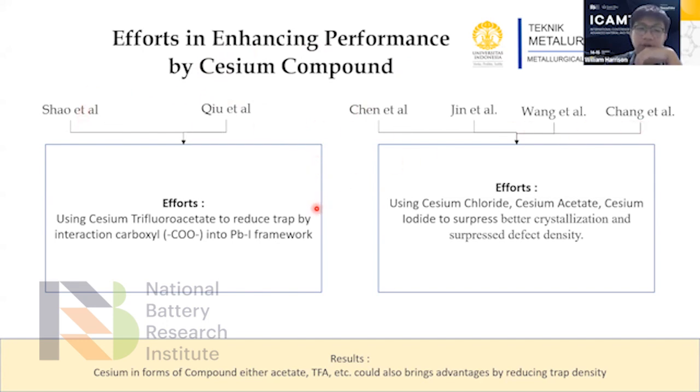The first one tried to use cesium trifluoroacetate to reduce traps by interacting the carboxyl with the PbI framework. So this is the function of the trifluoroacetate ions, basically to interact with the perovskite structure as well. And another group of researchers used cesium chloride, cesium acetate, and cesium iodide to suppress